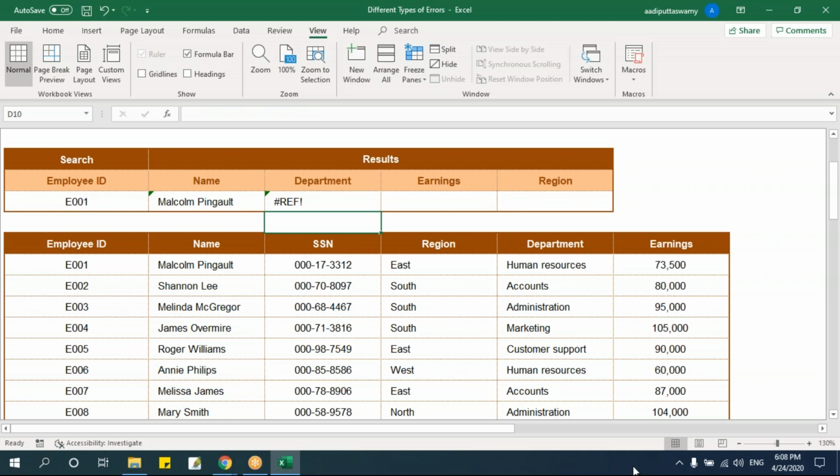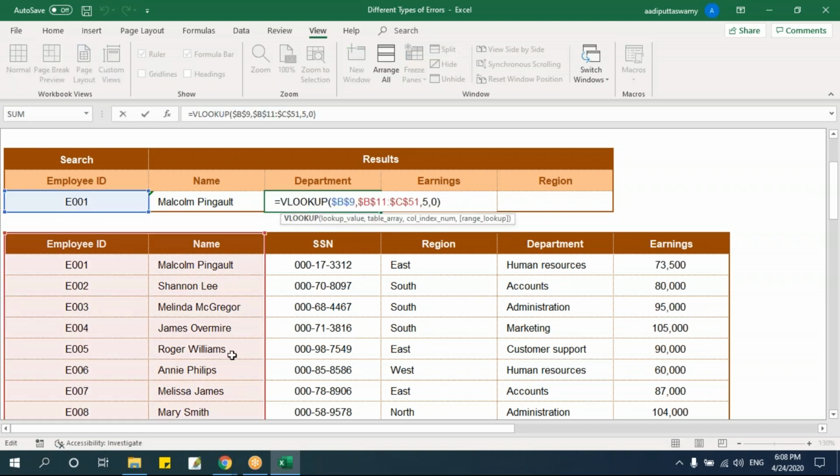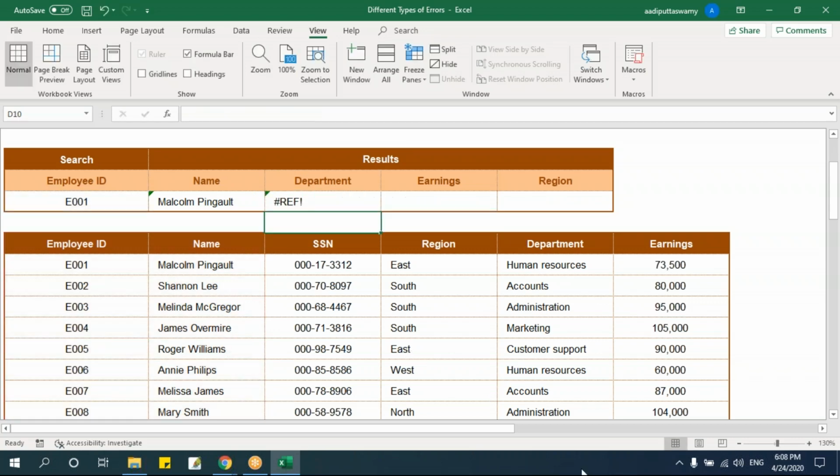So whenever you're getting this reference error while using VLOOKUP or say HLOOKUP or INDEX, what you do is just go and check if I gave the proper table array. You might not find this in OFFSET because OFFSET is just a reference. So if I give the column index number and row index number, it will just search for that index number based on the reference. But if I'm using VLOOKUP, HLOOKUP or INDEX, I'm looking by table array.